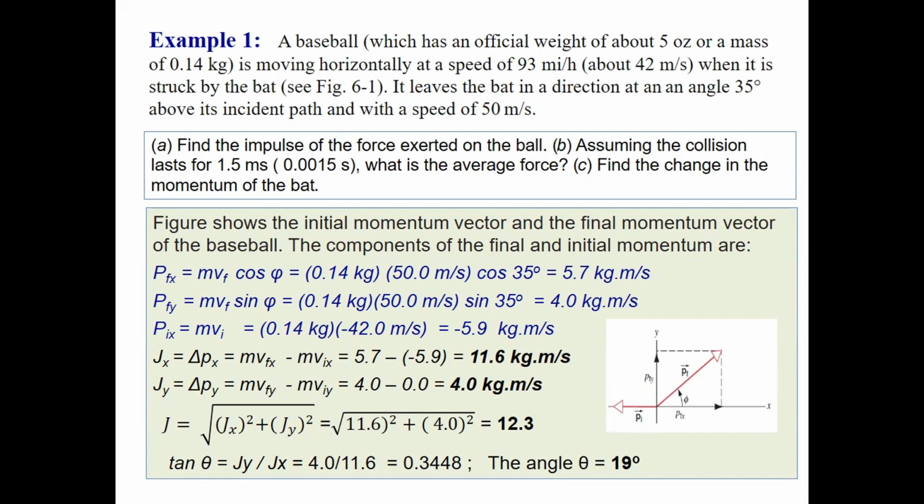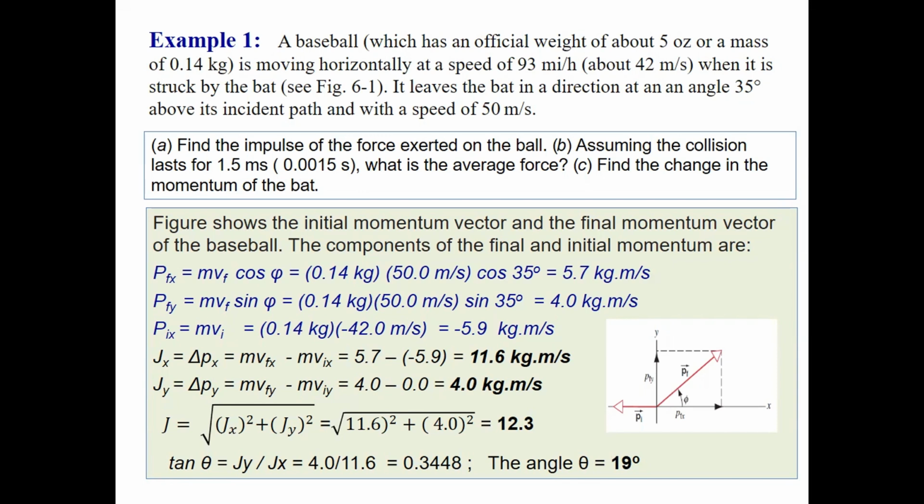And by substituting these values, we get the 12.3 answer. Then we go for the angle. What will be the angle of this vector? Its angle is theta, and tangent of theta is Jy over Jx, equal to 4 divided by 11.6